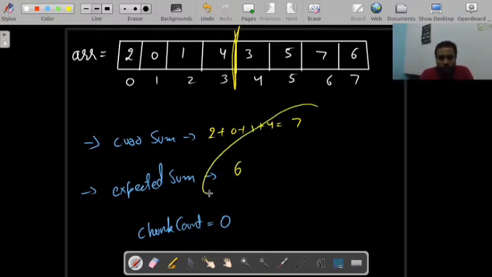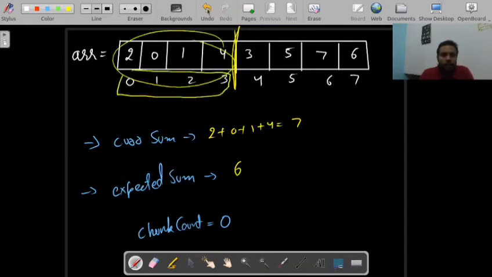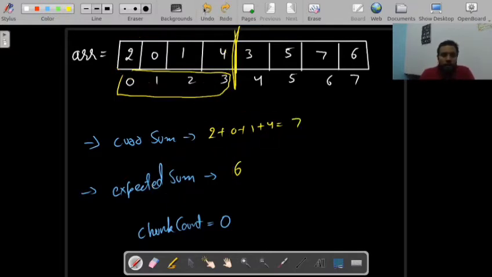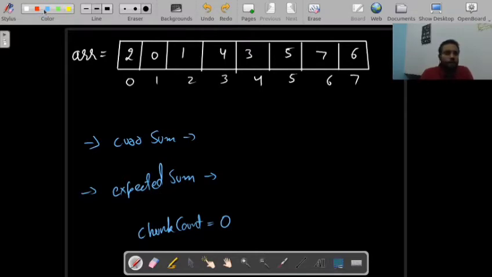Are both of these numbers equal? No, they are not equal. It means that we cannot make a chunk here. Why? Because we need all the numbers from 0 to 3 in this subpart, and if they are present, then the sum of expected and current sum will be equal. But they are not present here, so the sums are not equal.